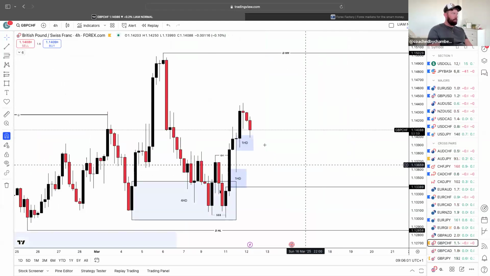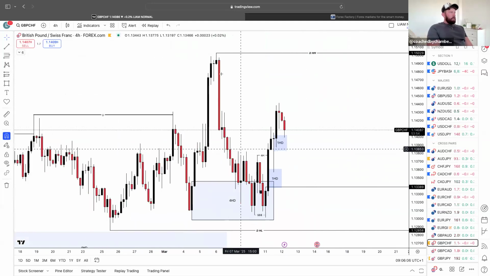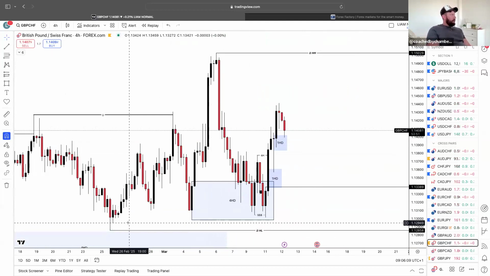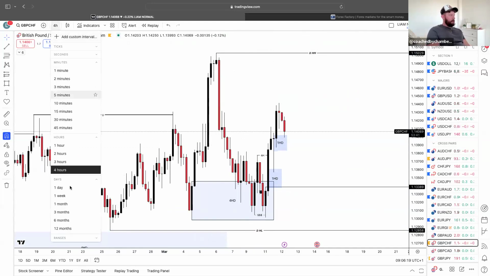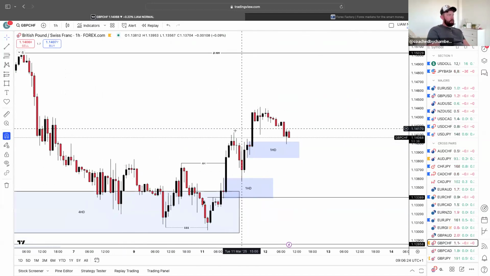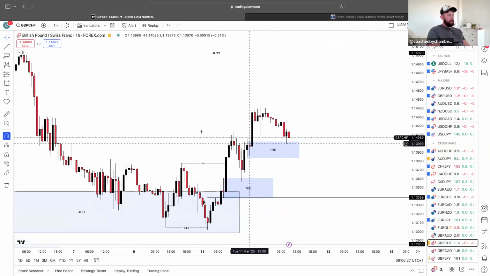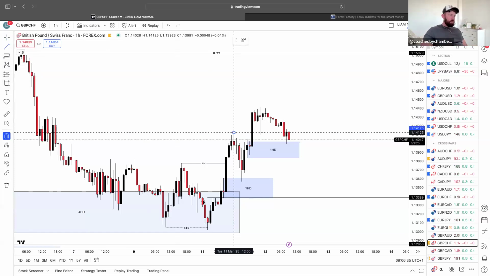GBP CHF, if you look at where we're currently at, you'll notice that the market created a new higher high and we got this higher low here. So we had this 4-hour change of trend, which we talked about yesterday. With that being said, where did we trace to? This 1-hour demand area. Let's quickly go to the 1-hour. Then we had another break of structure here, and we're currently in this demand area as we speak. Now let me quickly draw this out. So that's another 4-hour break.